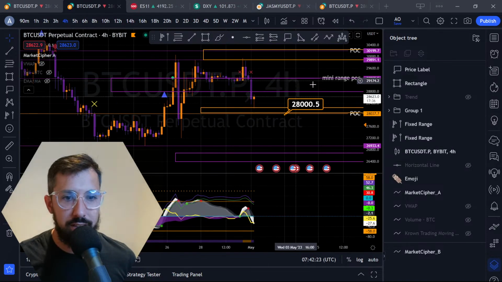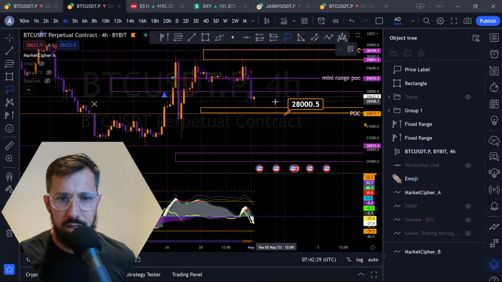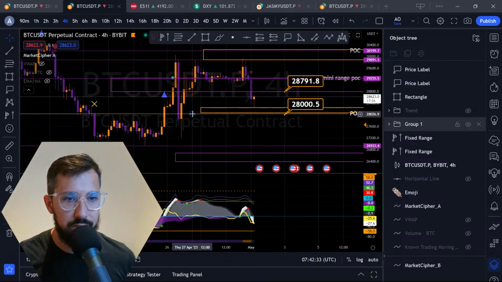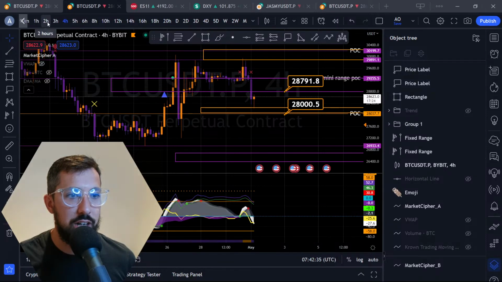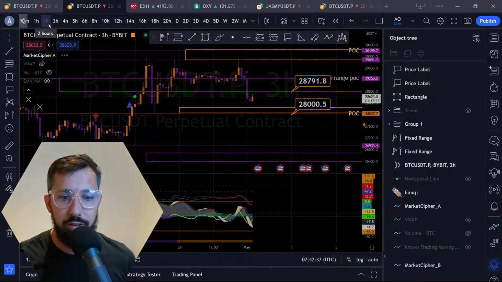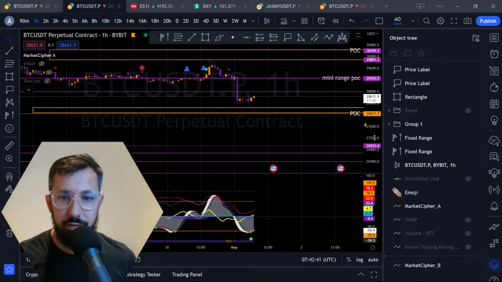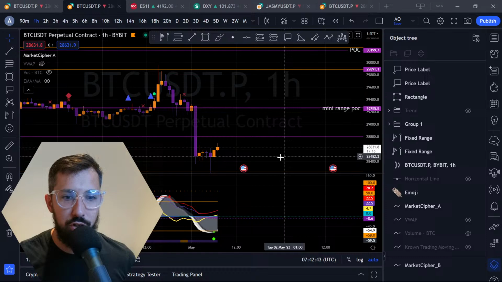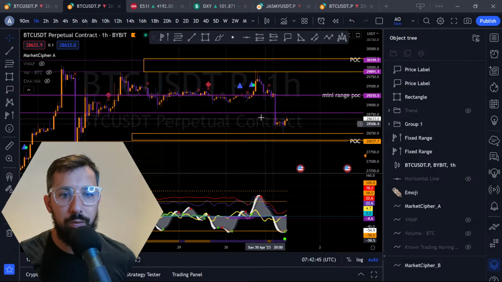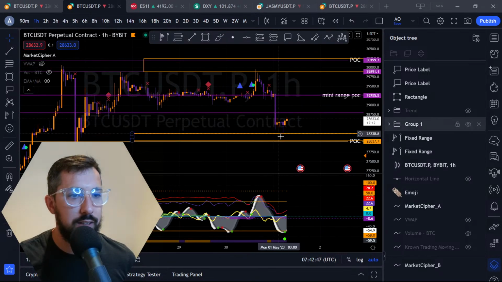So we got the 28,000 here. We got this key level above us here. This is the entry into the higher prices, okay? We're going to watch for a rejection on this right now. So we can see that we're curling to push upwards. We got the green dot confirmed, 1 hour. Are we going to push? Now, what do we have here? Is this a bull div?